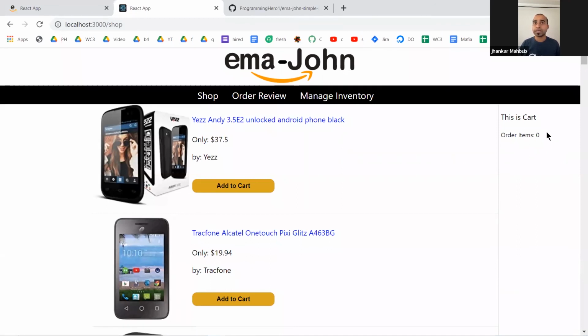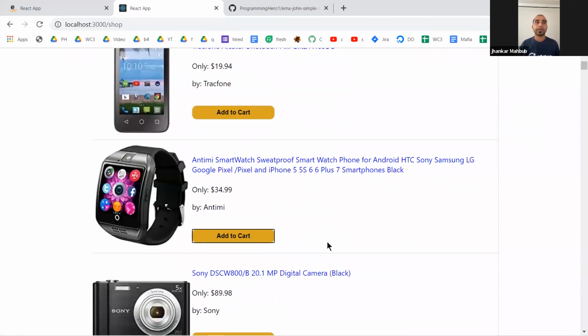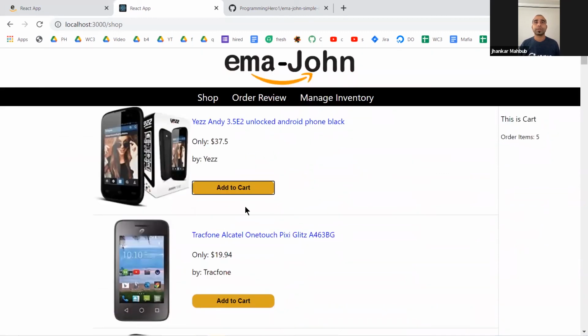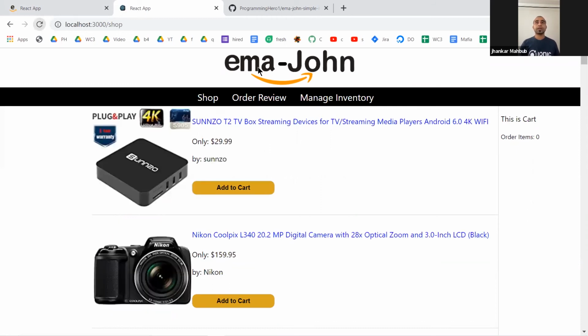Now look at this. If I click on this and it works, it should add 1, and if I click again, it adds another 1, and if you click again, this would be 4. That means every time I click on something, this gets added, right? So that means you are adding items to the shopping cart. But we want to show it in an even better way, like what is the total price? But so far we got this exciting part: if you click on some button, and if I reload it, look at this, it is 0.